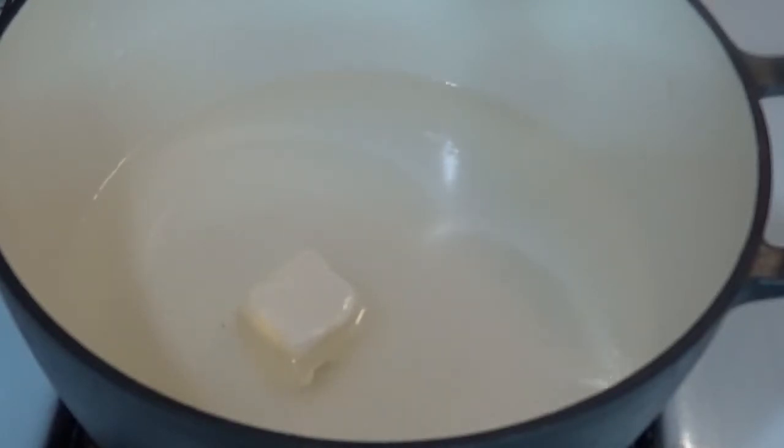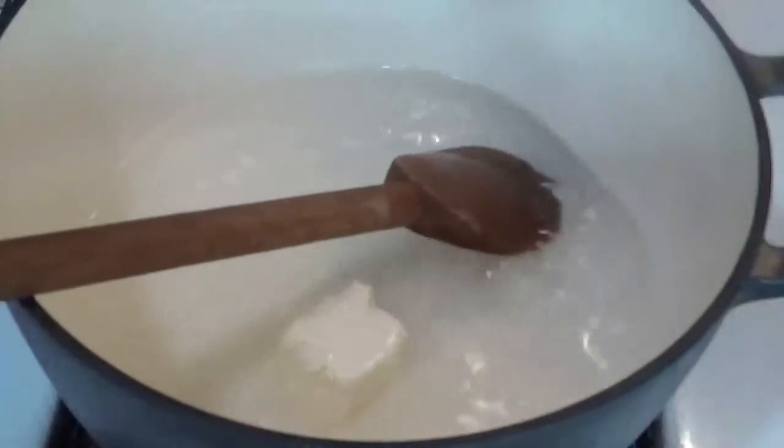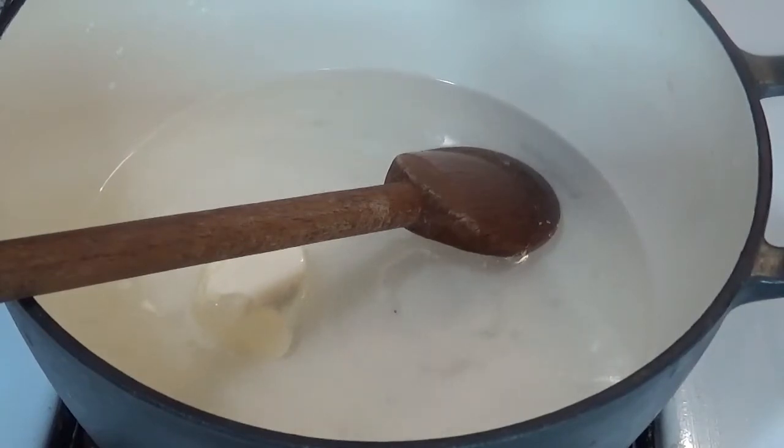I'm going to be using a wooden spoon. I prefer a wooden spoon. It's up to you what you prefer, but I'm using a wooden spoon. And I'm also going to start by measuring out my cornmeal. Make sure, if I'm going to give you a recipe, try to go by